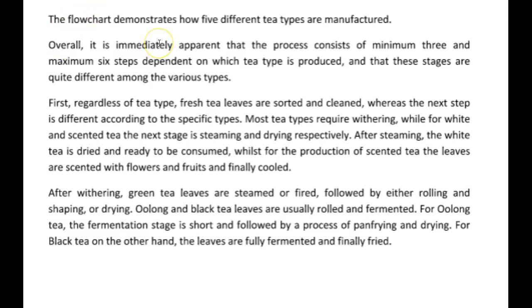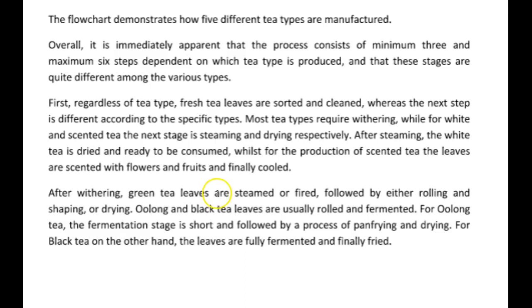The flowchart demonstrates how 5 different types of tea are manufactured. Overall, it is immediately apparent that the process consists of a minimum of 3 and a maximum of 6 steps, depending, I would say dependent is kind of correct actually, but I think it's more appropriate to say depending on which type is being produced. The stages vary by tea type. You could just say the stages vary by type, and that describes the fact that we have different stages for